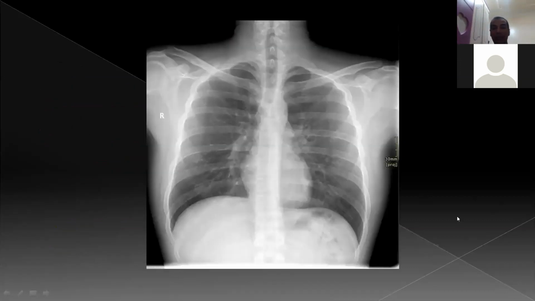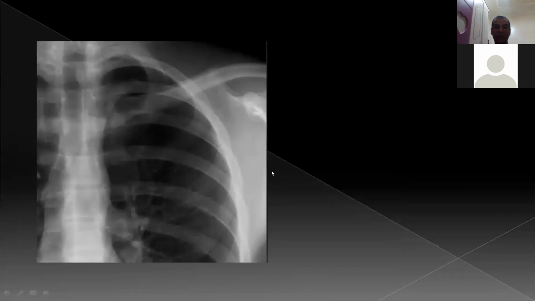This is a normal chest X-ray. How can we know it's normal? First, we don't have any pneumothorax, no pneumomediastinum, no pneumopericardium, no consolidation, no collapse. The cardiac shadow is normal. We don't have anything behind the heart or below the diaphragm, and the breast shadow does not appear here because it's a male patient. From the midline, we should have no lines